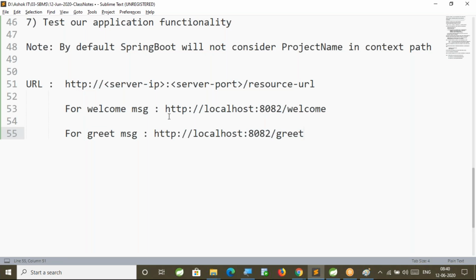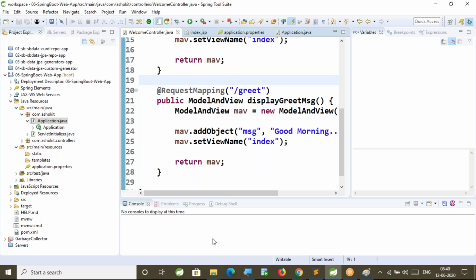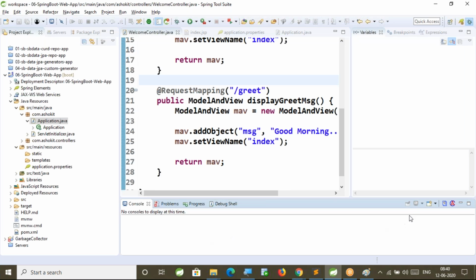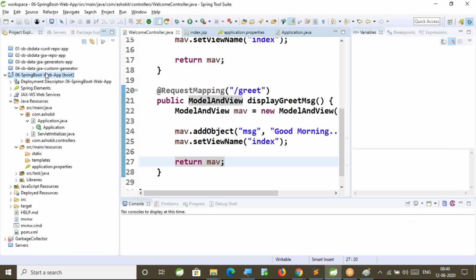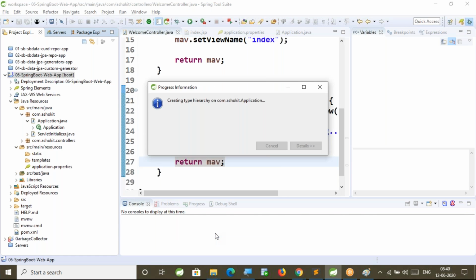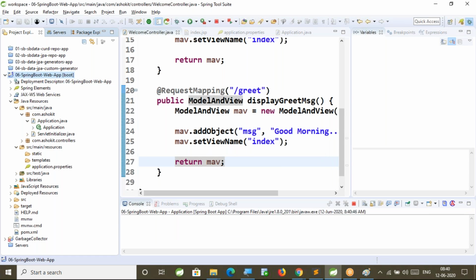Let's check it. Is it working as expected or not? First, see the console as application started. Is it running? No, it stopped. Now let me start this application. Run as boot app.